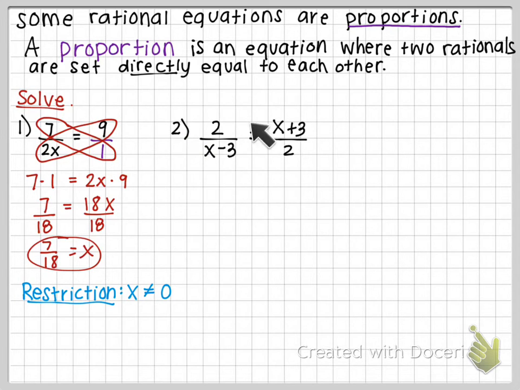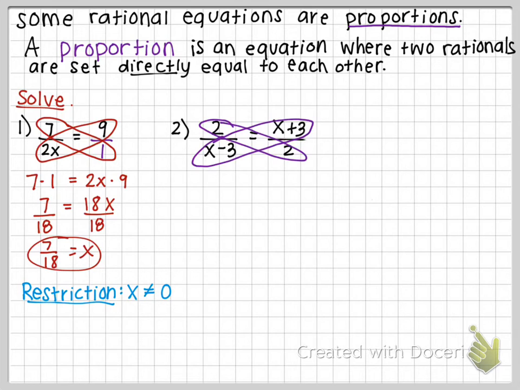Do you see how this is different from the previous examples as well? Because we have a fraction over here equal to another fraction over here. So we have two rational expressions that equal each other, and there's no plus or minus in between. What I mean is there's no, like, plus 3 over x. If this was the case, it would not be a proportion. But if you have a rational expression, another rational expression, and just an equal sign in between, we can solve